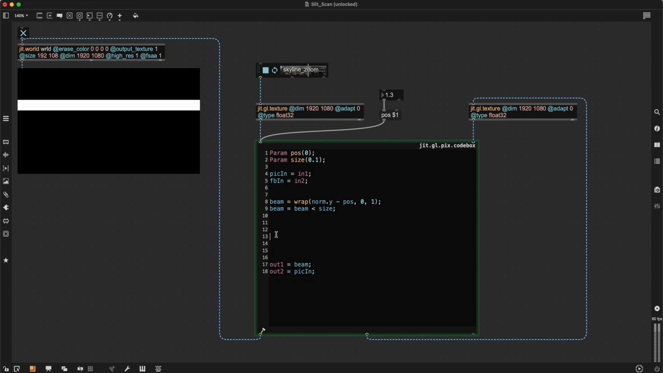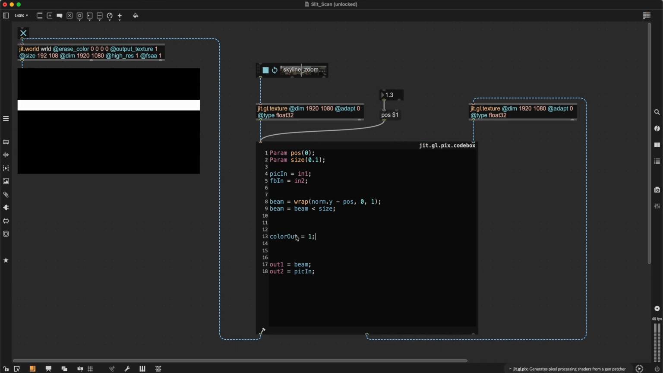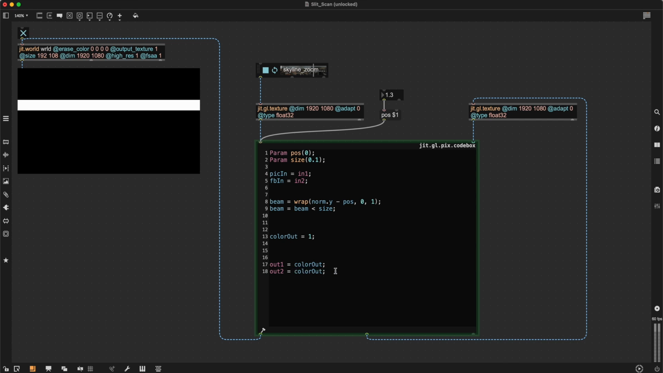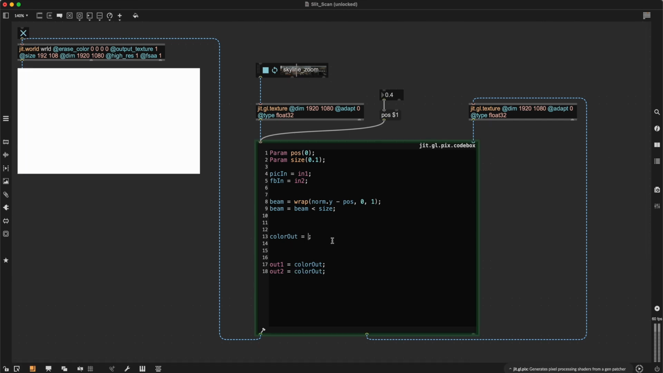We can use our linear interpolation operator, which is called mix. But I think I will first create a new variable, call it color out. Okay, now we set color out to 1. Now we can start our linear interpolation. So again, we take the mix operator and now we have,